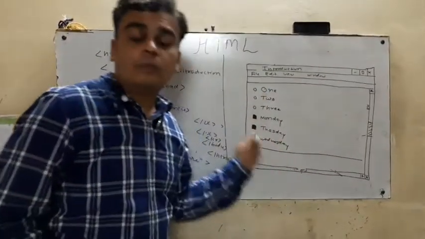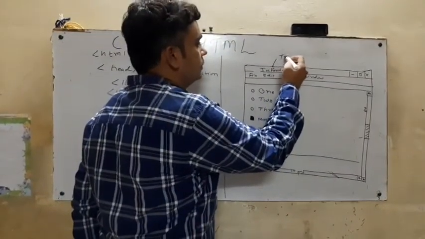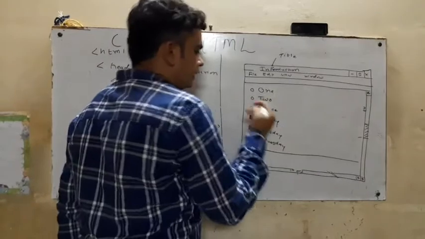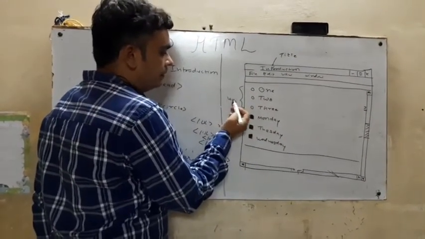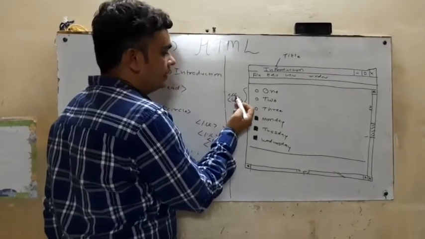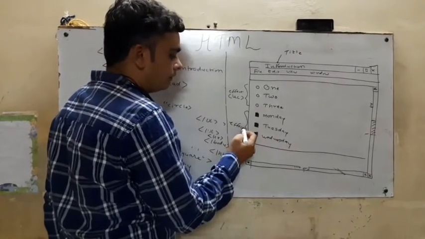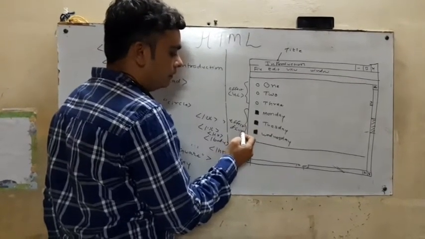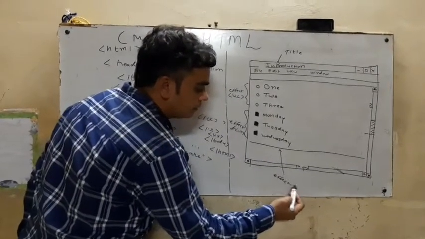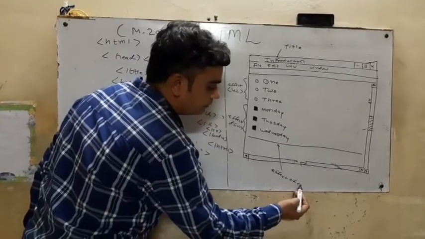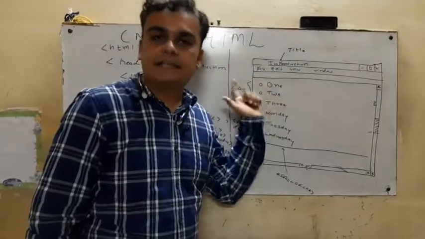So what is my next job? I have to give the labeling. First of all, this is my title. Then this information is represented by the UL tag, so I can write effect of UL tag, and this is also effect of UL tag, and this line will display. So here I am going to write effect of HR tag. So this is my labeling related with this example.